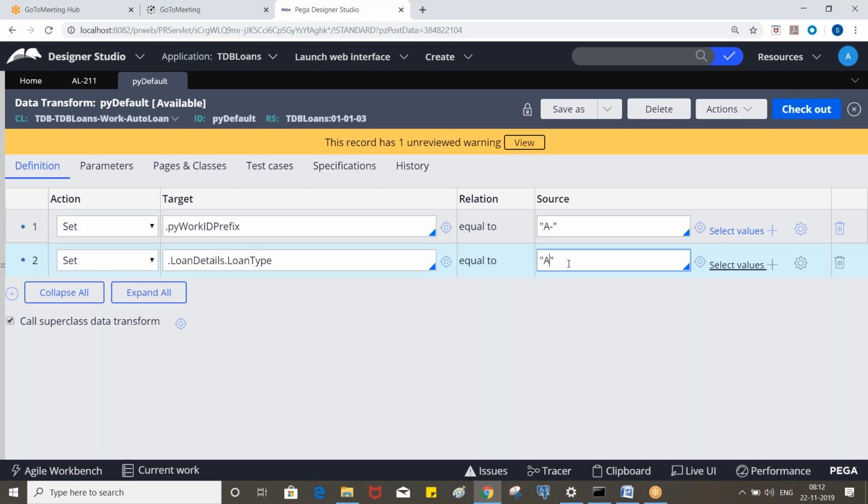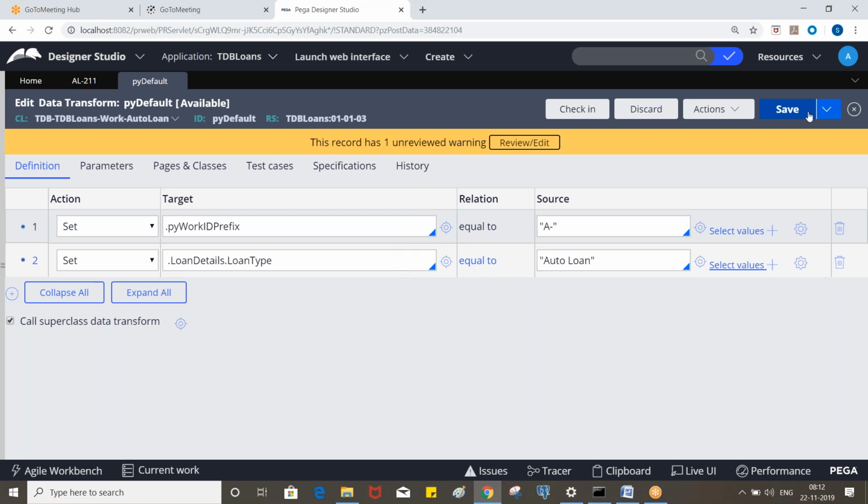So this value should be the same as the drop down value. Okay. So check out and check in back. Usually we need to check out first, then enter the value and check it in.